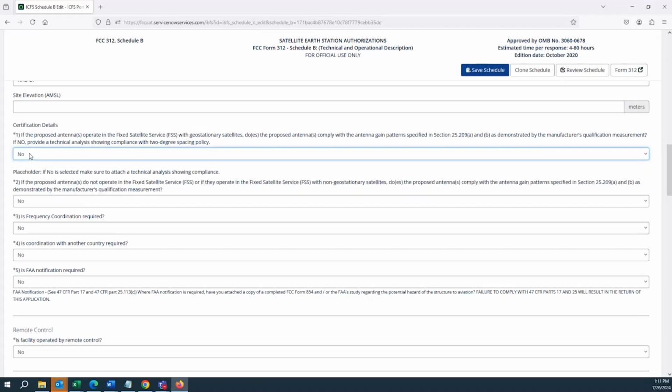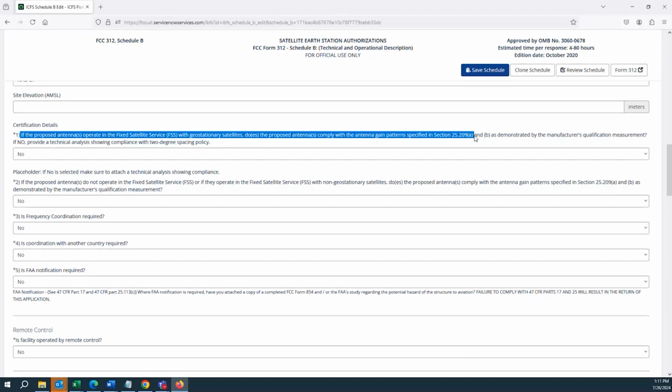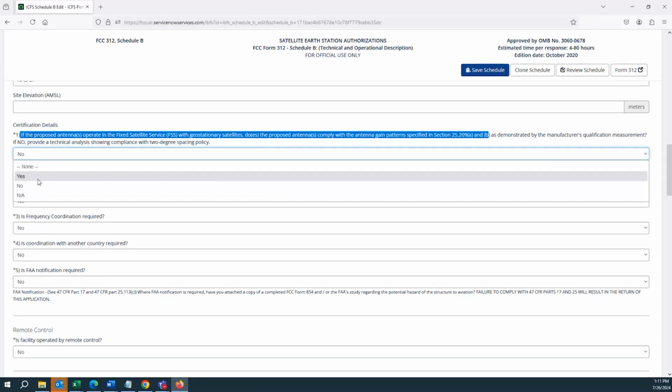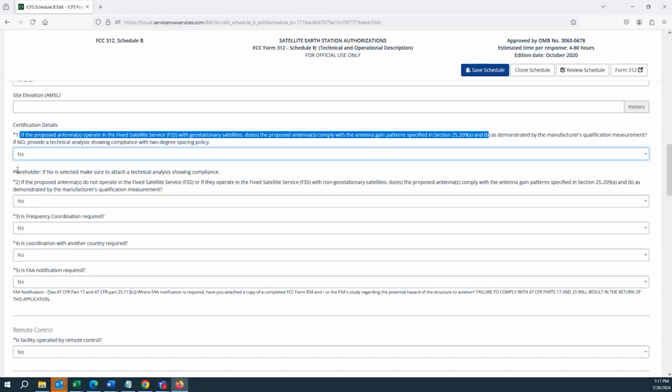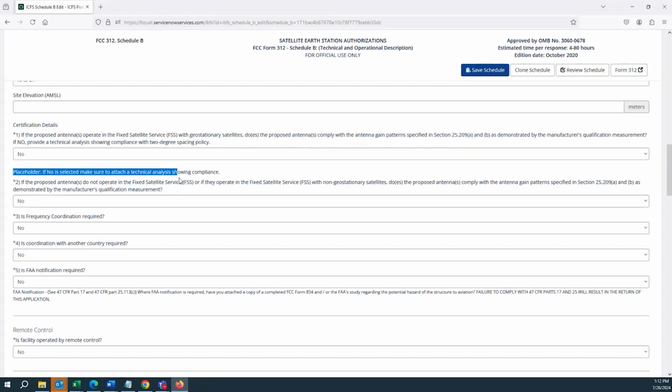And down here we have the certification details. So the first question: if the proposed antennas operate in the fixed satellite service with geostationary satellites, does the proposed antenna or antennas comply with the antenna gain pattern specified in section 25.209 A and B? And if you answer no, you're going to get this message indicating that you need to attach a technical analysis showing compliance.